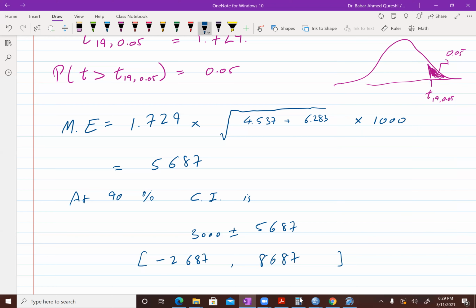So based on this sample, you cannot say with 90% surety that the people with upper socioeconomic backgrounds get